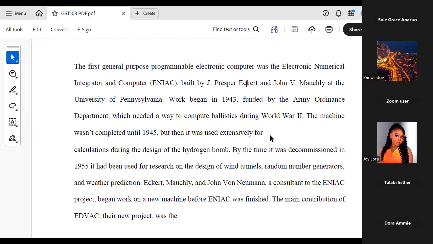You talked about the earliest attempt to build an electronic computer, which was by J.V. Atanasoff. He was a professor of... ENIAC, the first general purpose programmable electronic computer, and the full meaning is Electronic Numerical Integrator and Computer. It was built by J. Presper Eckert. Yes, sir, that's all, sir.